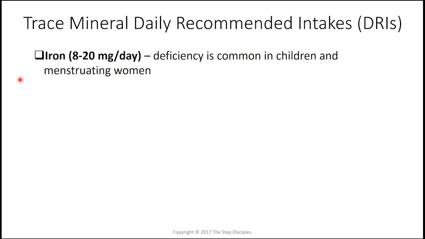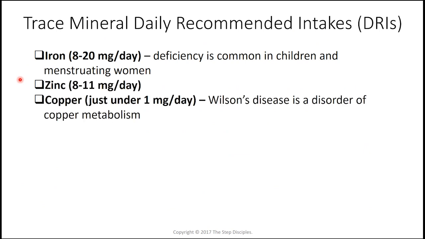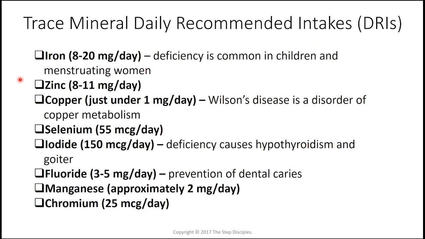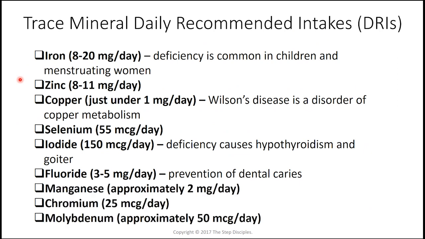Here is the list of the trace minerals that's important. The numbers really are important here. Iron, a deficiency is common in children and menstruating women. Copper, it's called Wilson's disease, is a disorder of copper metabolism. Don't have much to say about that here. Iodide, we had a lot to say about that in the endocrine lecture. The deficiency causes